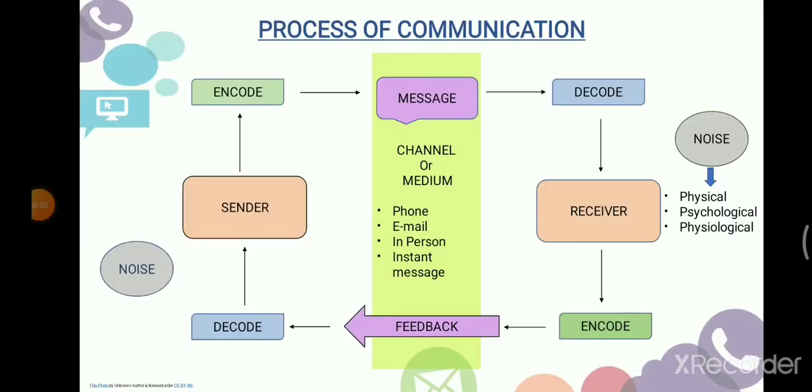Okay, so for the ease of understanding the process of communication, there is a flowchart which you are able to see on your screen, and this is going to explain how the process actually works and what is happening in that process of communication, which we want to be effective. On the left side of my screen, you will be able to see a sender, and on the right side of the screen, you should be able to see a receiver. So, in the process of communication, there is at least one sender and one receiver.